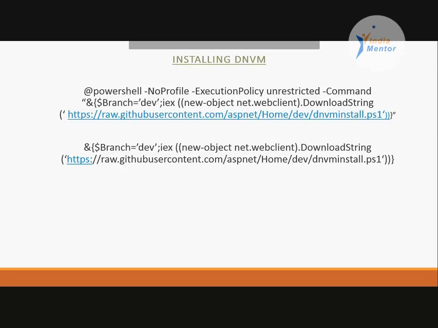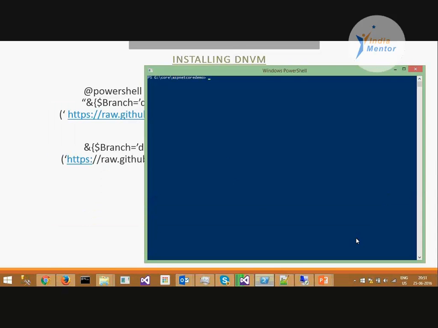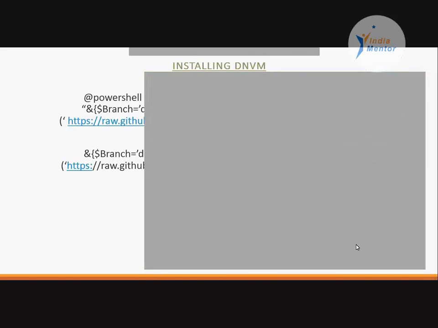So let me quickly switch to the PowerShell here. Primarily, this is my PowerShell, and once it has started, it is all set. And my DNVM, if you are using Microsoft Visual Studio, the latest version, you would not have problems running DNVM. With the RC2 update, this would already be there. So what does DNVM do? DNVM basically has a lot of command options. I'll not go into detail here.